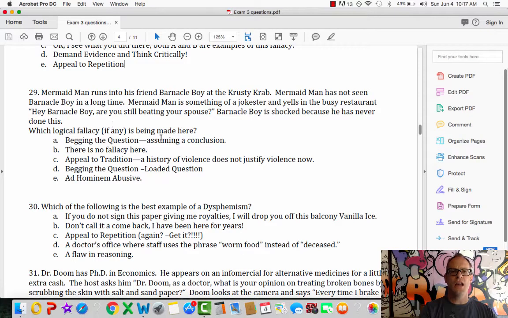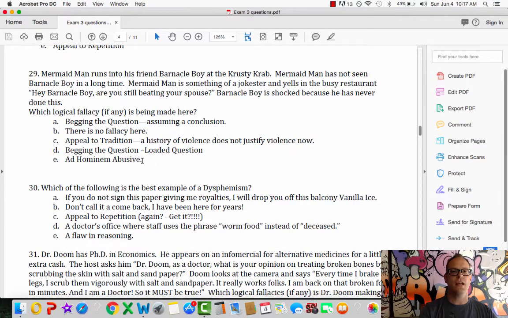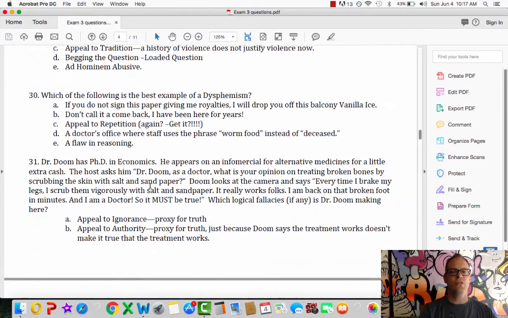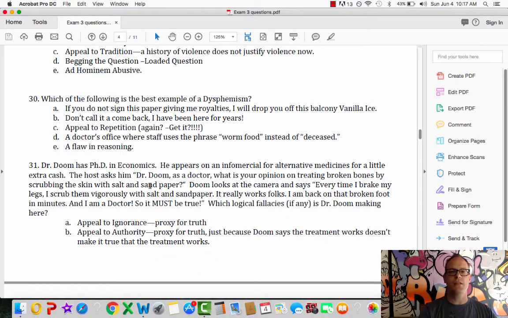Number 29 is a question about begging the question. So I think you can handle that one with just a straightforward understanding of the fallacy. Number 30, best example of dysphemism. Remember, dysphemism is saying something bad about something that is neutral or good. And you say that bad thing so that you can force somebody to accept the position, right? So now,